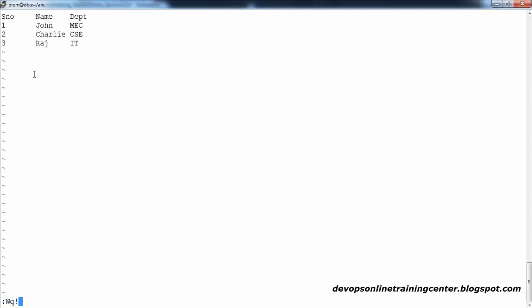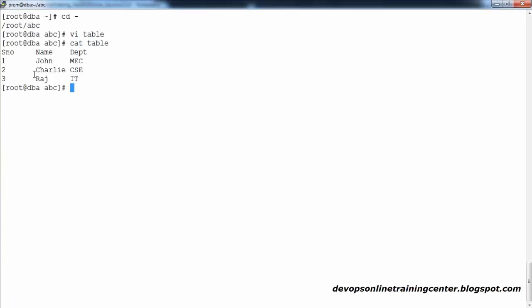I have a small file with this data. Now cat table. If somebody asks you to fetch only the first column, the commands you have learned as of now may not be helpful to fetch column-wise data. You can fetch row-wise, but you cannot fetch column-wise.